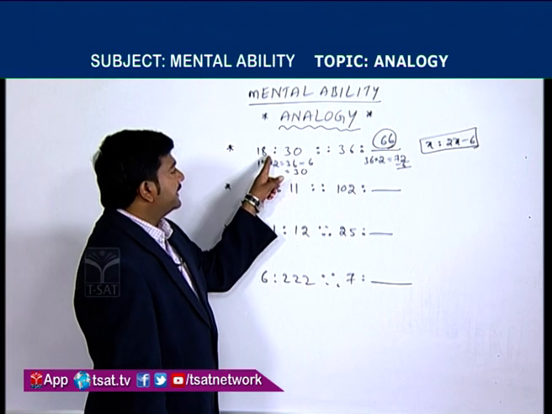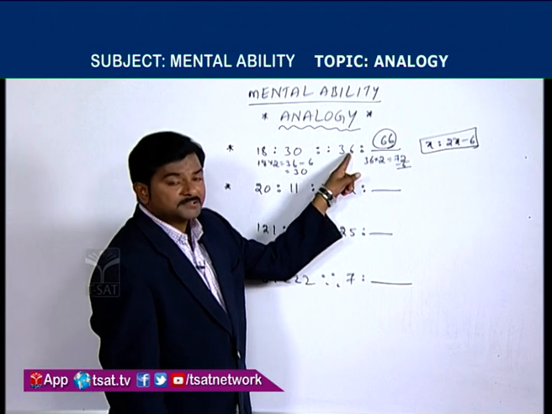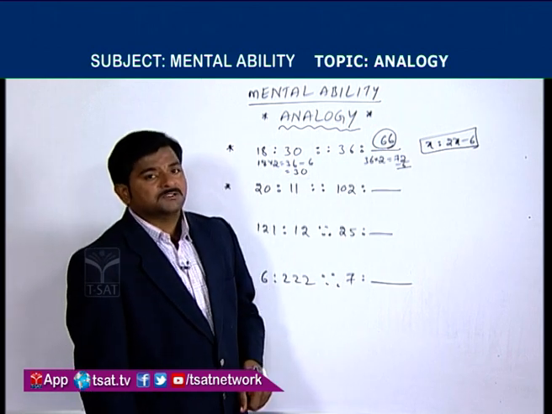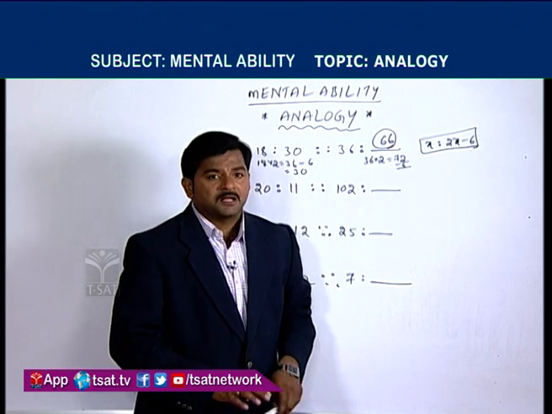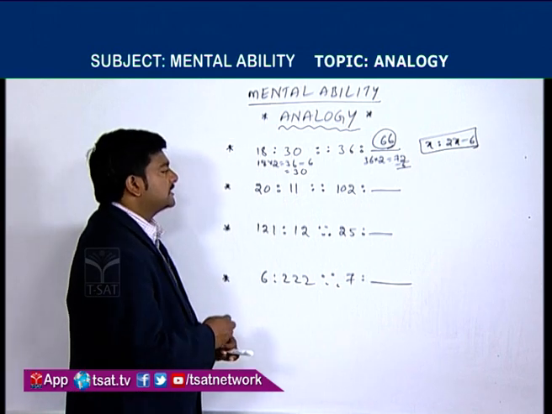What does it mean? 18 into 2 minus 6. 36 into 2 minus 6. That's why the concept involved in this is x is to 2x minus 6. I hope you understood this concept also. Now see, focus on this. Similarly